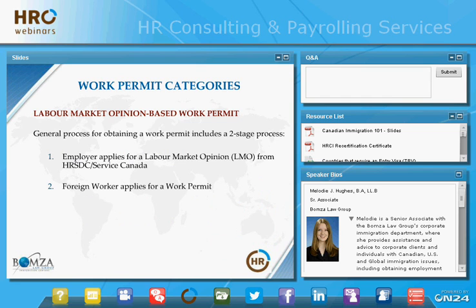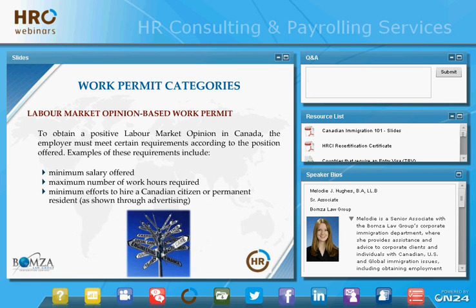We'll look first to the labor market opinion application that the company makes, and specifically key things that Service Canada is looking for. In order to obtain a positive LMO in Canada, the employer must meet certain requirements according to the position offered. Examples of these requirements include a minimum salary offered. Specifically, companies don't need to think only of minimum wages per the Employment Standards Act, which Stacey will address later, but also prevailing wages. For example, what is the average wage that Canadians are earning in that position and in the region? Service Canada also looks to the maximum number of hours required of the position, as well as to the